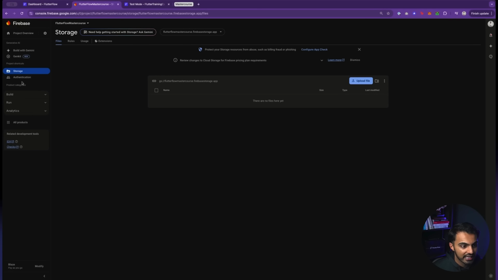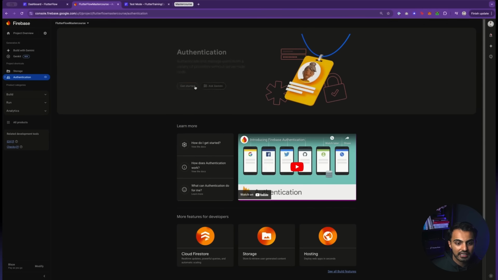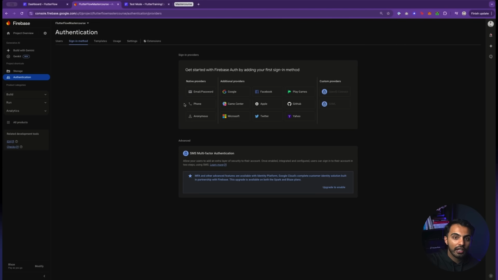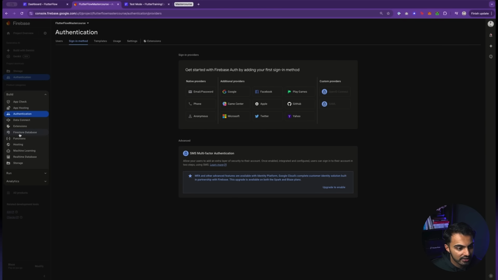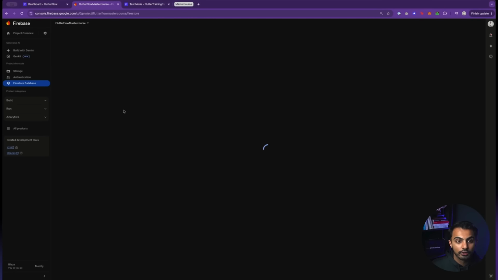I'm going to do this a couple more times for other things. We're going to click on Authentication under the Build tab. Doesn't look like that's working, so I'm going to refresh the page. Hit Authentication, and you're going to have to enable this as well here by hitting Get Started. So what we're doing is we're going through all of these different solutions that Firebase has, like these different sub-products. We're actually enabling them so that FlutterFlow doesn't get confused, and it knows that these are on.